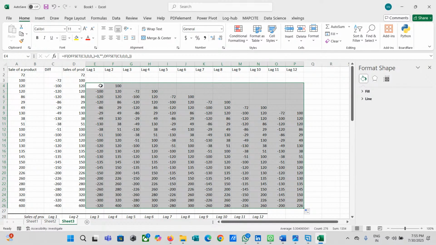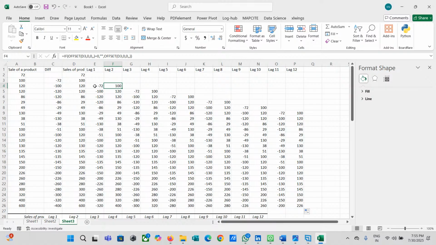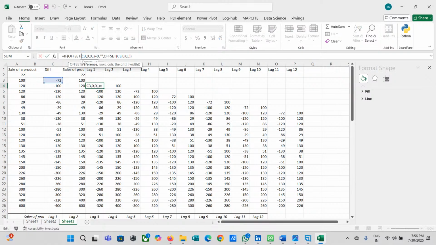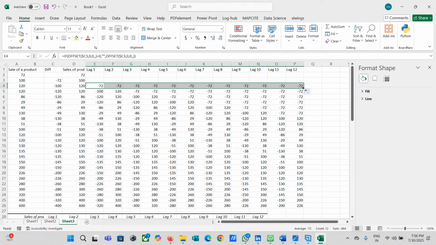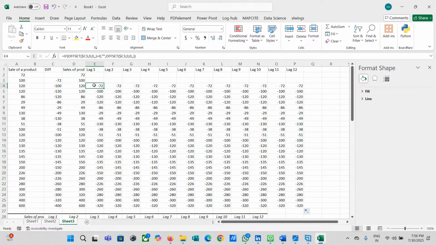So what I have done here is, let us see, D3 is taking C3. I have to carry C3 all across. So if I have to carry C3 all across, then I have to freeze this C, right? Okay, let's try it now because we have to get the right output. Now we got C here.